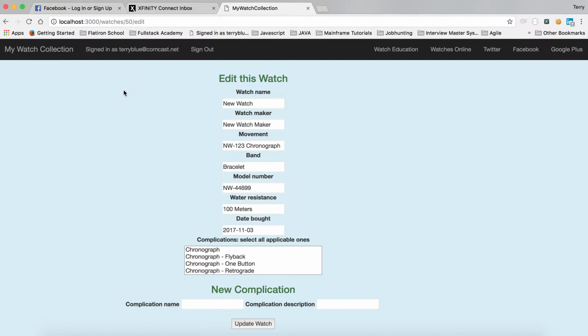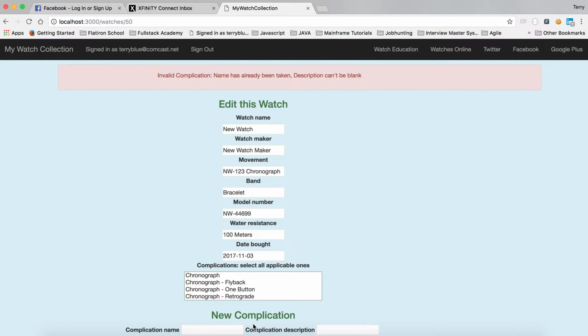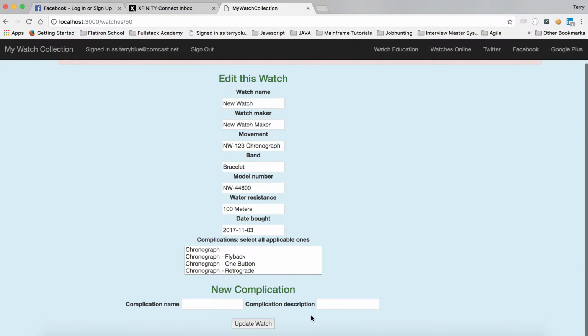If I go into edit this watch again, I can then enter a new complication if one doesn't exist already in those being displayed. Also, if I was to actually try to enter a complication that already exists, click on update, it will not actually do so, and it will display a message saying that that's invalid because the name has already been taken. Also, the description cannot be blank, so both of these fields need to have data entered in. But I will go ahead and create a new complication,